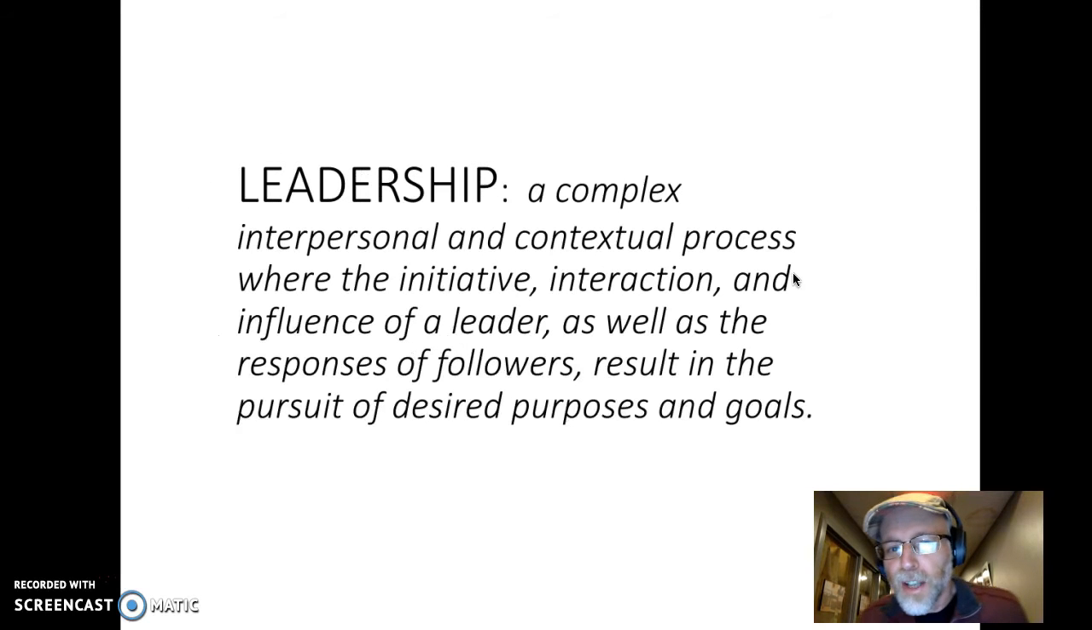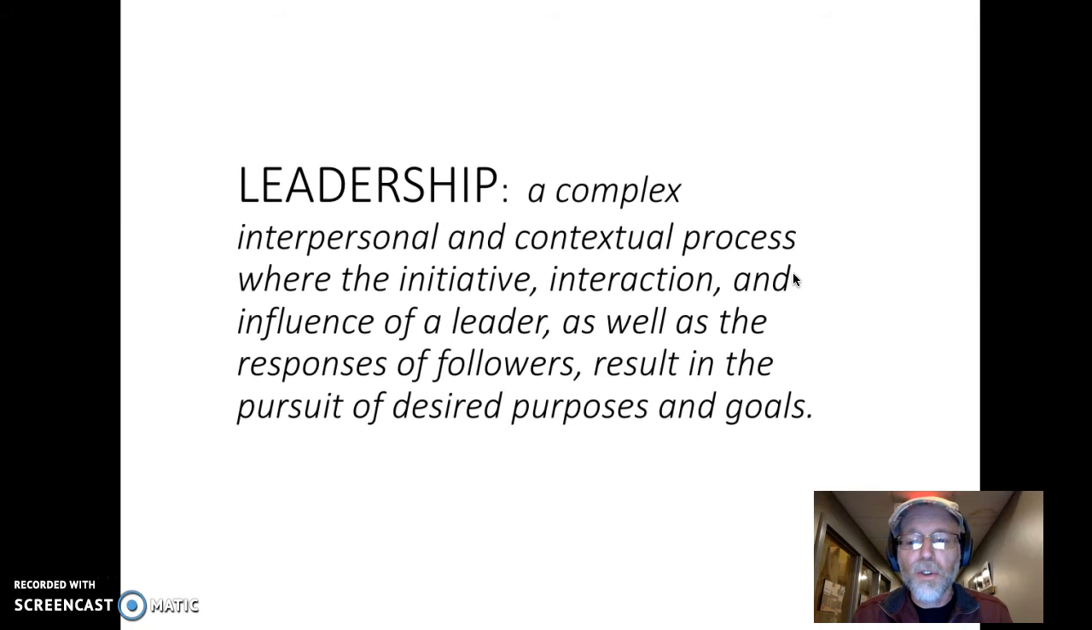So my own definition of leadership, since you've given yours, I'll throw mine into the ring as a little bit of a modification of Nordhaus. Defining leadership as a complex interpersonal and contextual process where the initiative, interaction, and influence of the leader, as well as the responses of the follower, result in the pursuit of desired purposes and goals. So I focus on the process, I focus on the fact that it's leaders and followers, and then together they